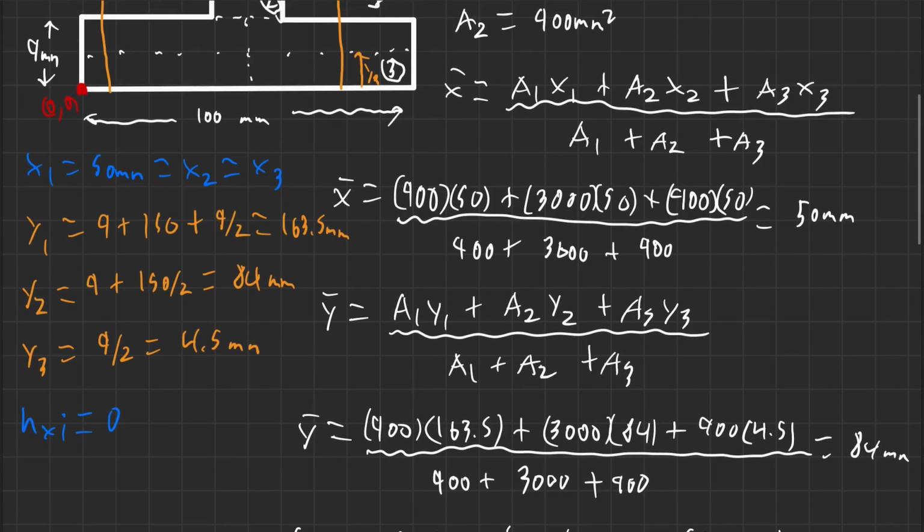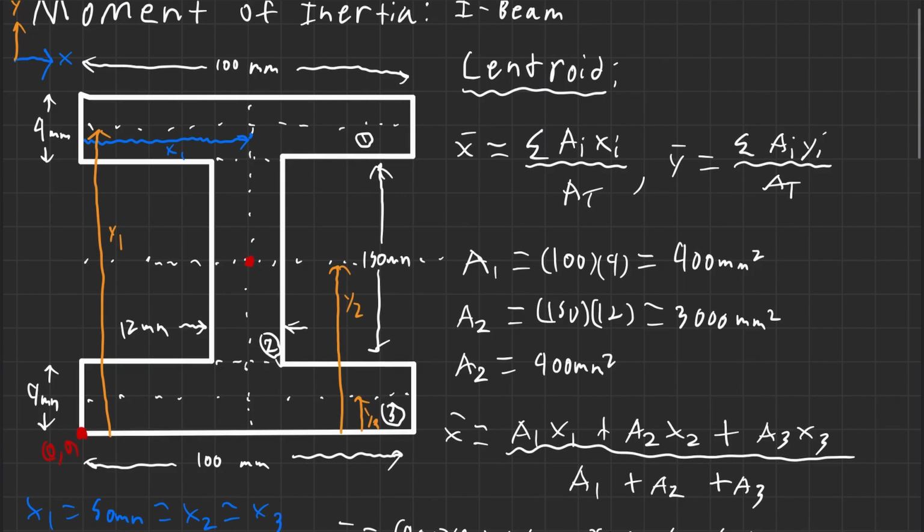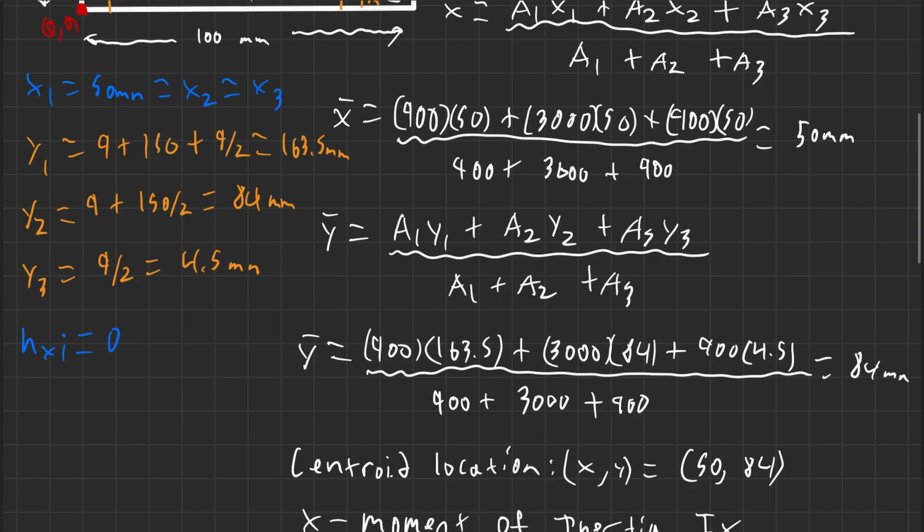Now let's find our y's. The y's will be a bit different. So hy1, I'll label these in green so you can tell the difference. So hy1 is from the center here all the way down to the centroid. And now the centroid just happens to be in the center of shape 2, but that's okay. So this is hy1, and hy1 is equal to